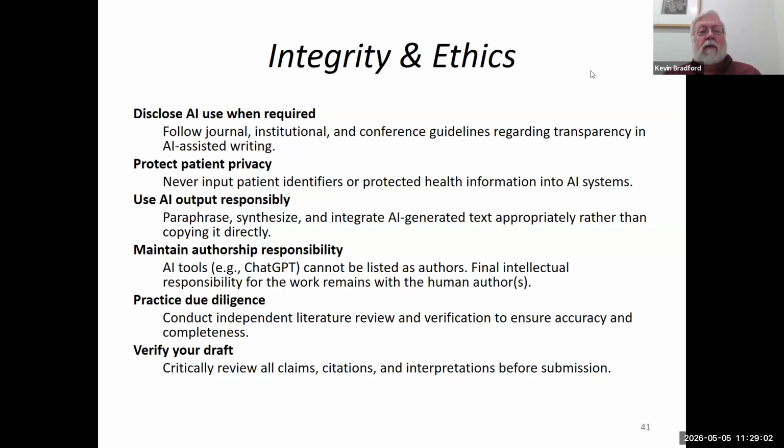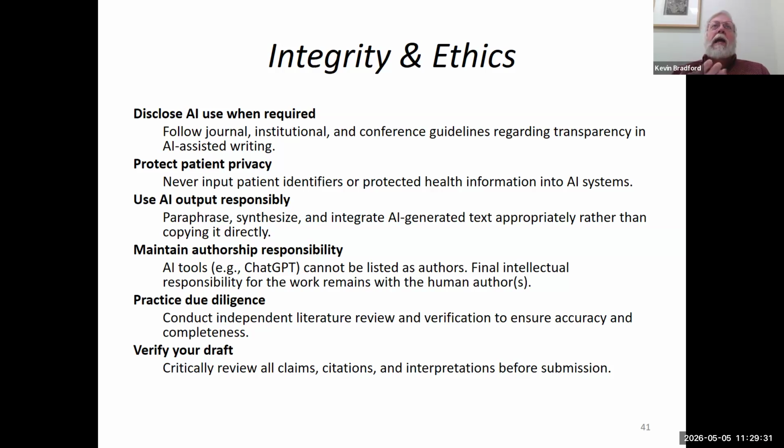Now, on to the real nitty gritty, and where we have educators, librarians, researchers up at night chewing their fingernails and worrying. Integrity and ethics is a really important key here. So, disclose your use of AI when it's required. Follow your journal, institutional, and conference guidelines regarding transparency and AI assisted writing.